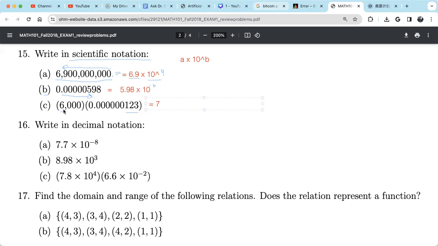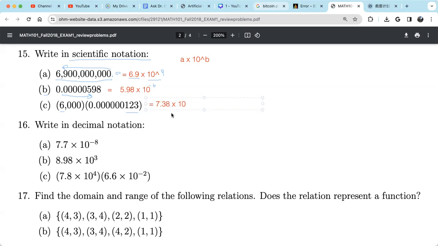Then 3 times 6, that's 18, also carry 1, so that's 7, 3, 8, right? 3 times 6, 18, carry on 1, 2 times 6, 12, plus 1, 13, 1 times 6, 6, plus a carry on 1, so 738. Well, where do we want to put the decimal point? After 7, because the number needs to be in between